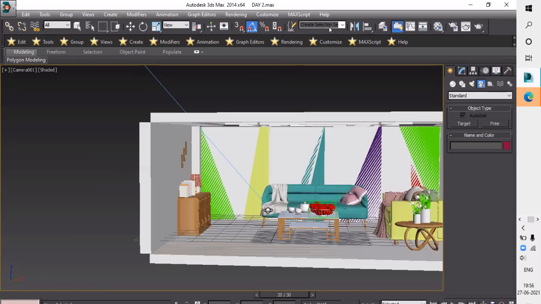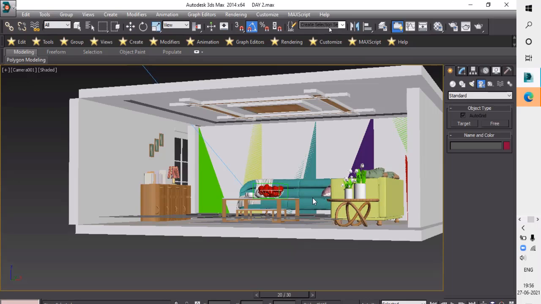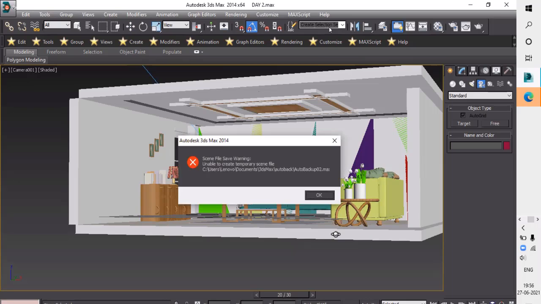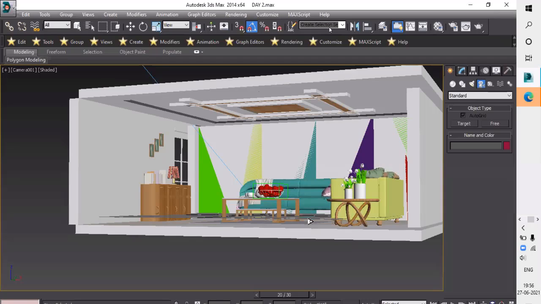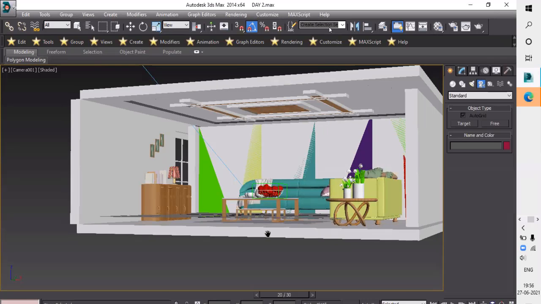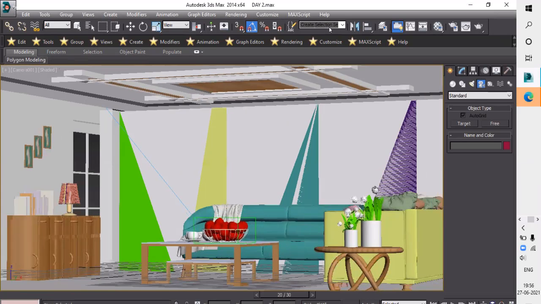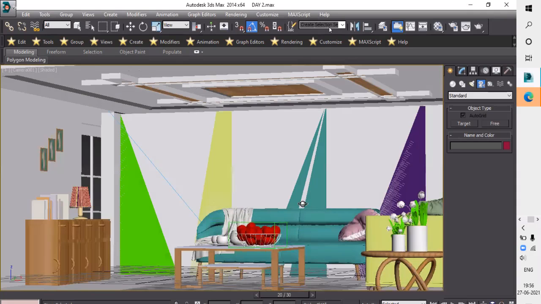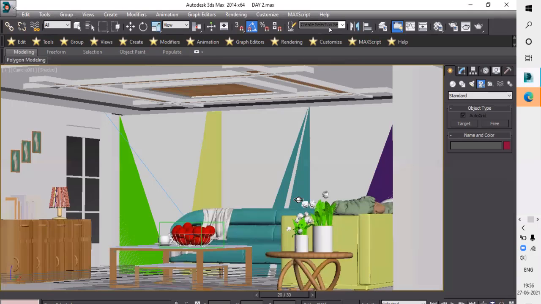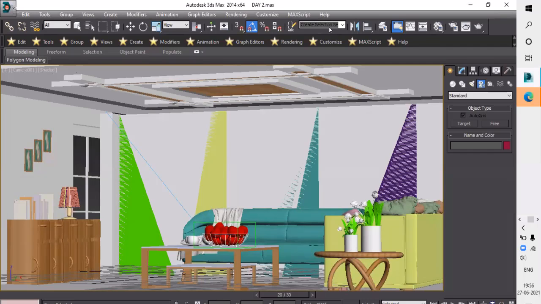So what view do I want to get here? Okay, and then the place which I want, this side.